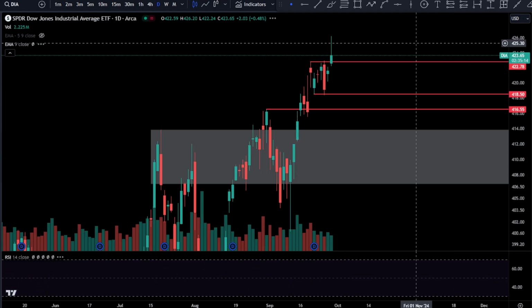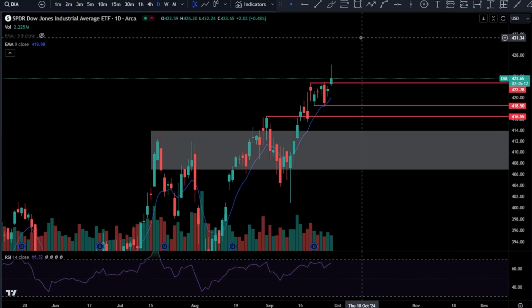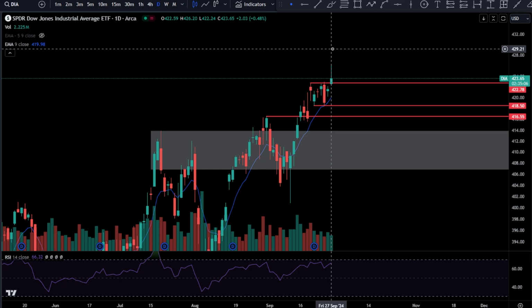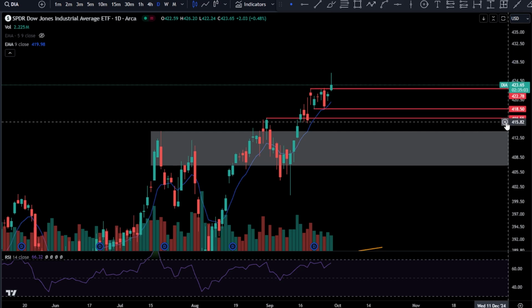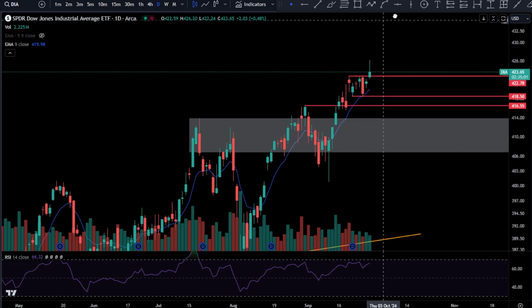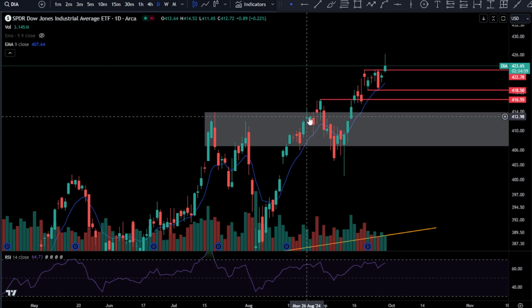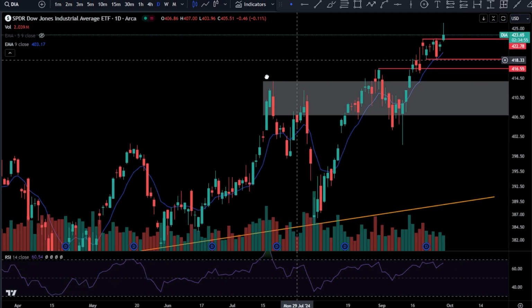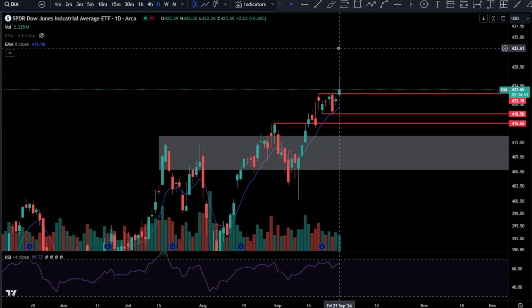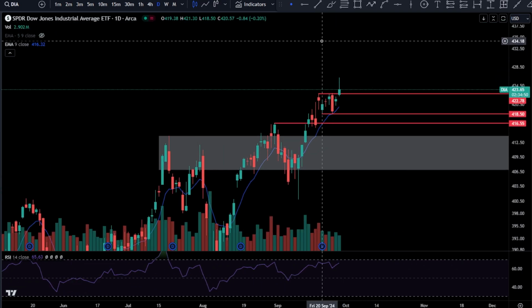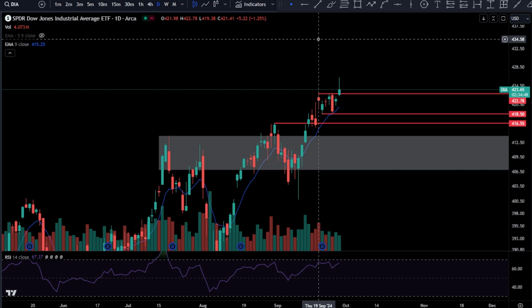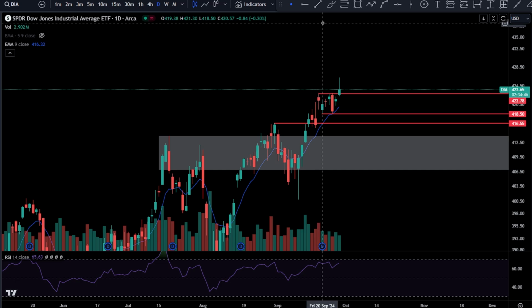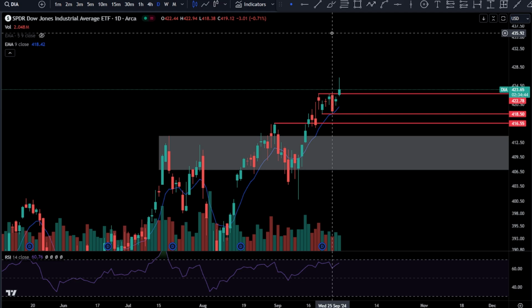DIA, guys, that is the strongest of the indexes today, besides IWM, but out of QQQ, SPY, and DIA. And this thing is still, I'm not saying it's going to close out like this, but we got a topping tail. That's not the best look. Okay, and again, pullback or consolidation is likely from these candlesticks. Not the worst idea to take the profits and just sit on your hands. Just wait, guys. We will see how everything goes.